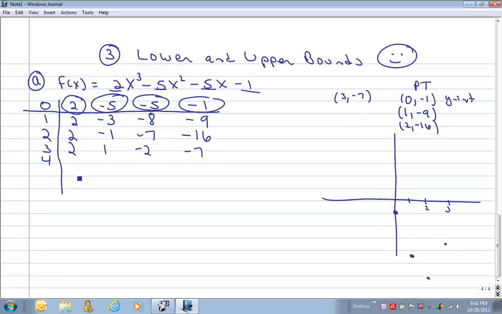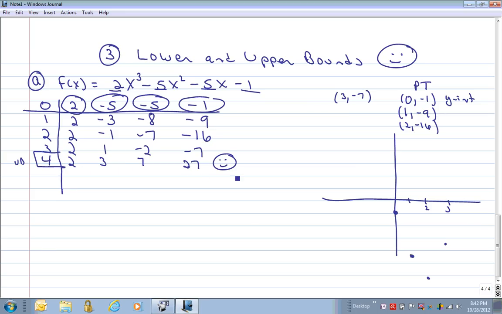Let's go to 4, bring down the 2. 2 times 4 is 8. 8 and -5 would be 3. 4 times 3 is 12. 12 and -5 would be 7. 4 times 7 is 28. 28 and negative 1 would be 27. Looks like we found an upper bound. So 4 is our upper bound,